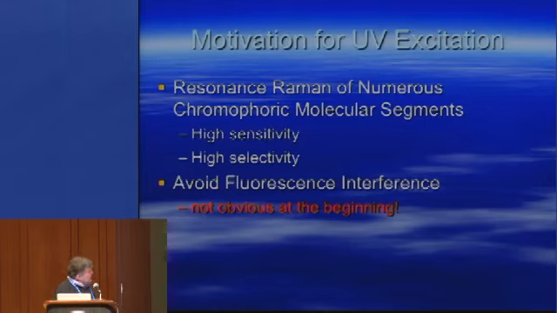And this kind of spectroscopy, UV resonance Raman, gives rise to very high sensitivity because of the resonance enhancement effect and very high selectivity. And it allows you to focus into important regions and dynamics. It also avoids fluorescence interference with the Raman spectra. Now, this is not obvious at first that this would occur. It happens because it turns out that there's essentially no relaxed fluorescence for any molecules below 260 nanometers in the